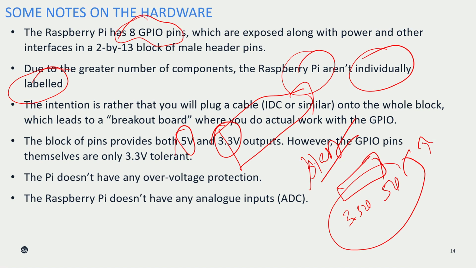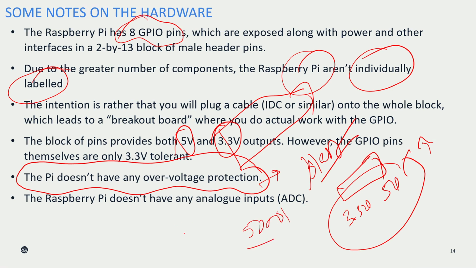Also, one more thing here is they did not give any voltage protection in the Raspberry Pi. So be careful while you are applying voltages. When you are doing the project, or whenever you come and do a lab experiment, you should not apply more than 5 volts. If you do, the Raspberry Pi will blast, and the cost of the Raspberry Pi, depending upon the specification, is 5,000 to 10,000, or it may be 3,000 also. That cost will be lost. So be careful while you are handling the board.